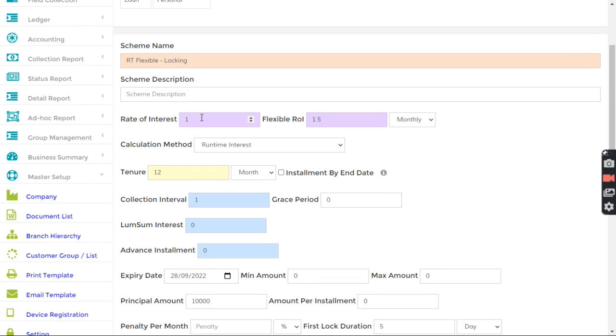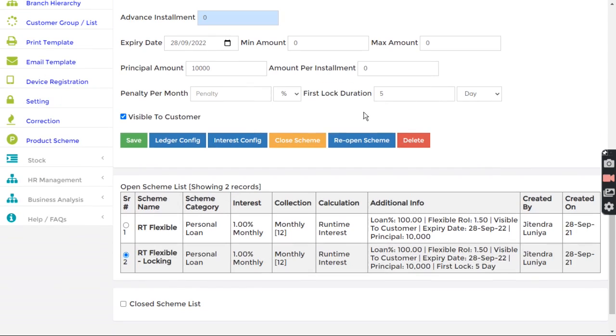Okay. And similarly, we can also have 1 month locking here. So I click here. So locking 1 month. You can also keep 30 days in case you want to go by days, because if I say 1 month and loan is given on, let's say, 15th Jan, then first locking will be applied on 15th Feb if we say 1 month locking.